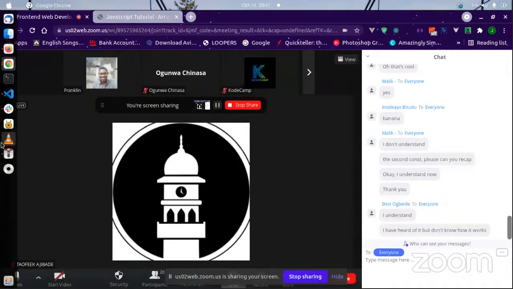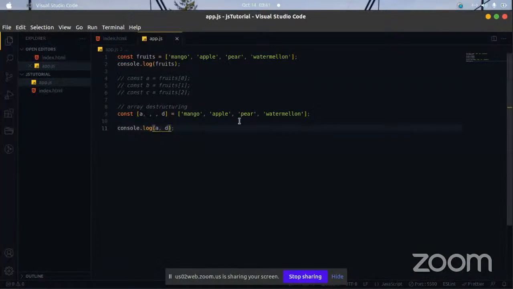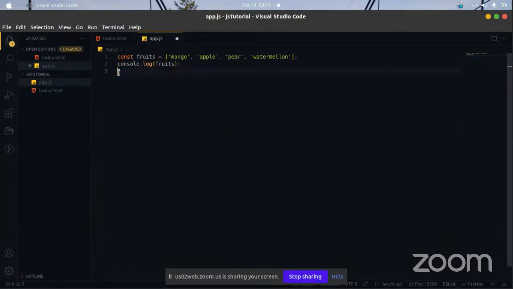Now you could have an array that looks like this. Let's see, we could have an array. What can we call this array? Let's say we have an array like this, watermelon, and then inside this array we have another array, which could be an array of, say, vegetables.